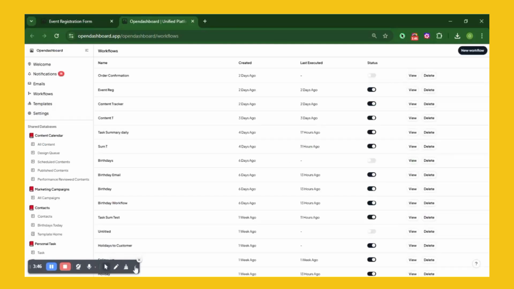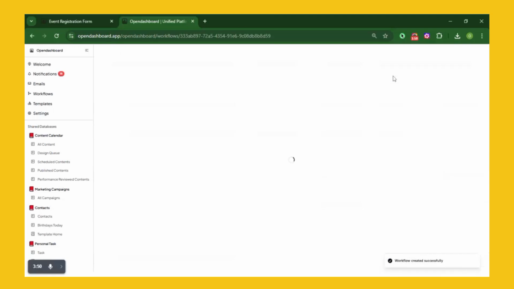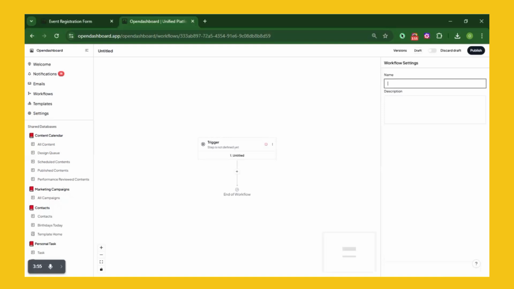We create a new workflow and we name it event management. And let's set up our trigger on record created